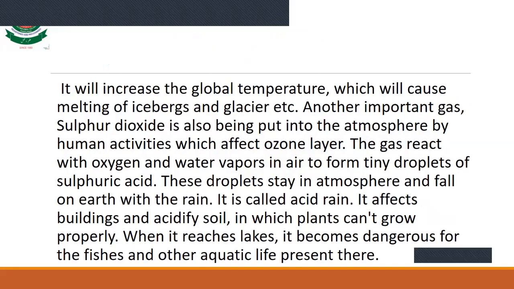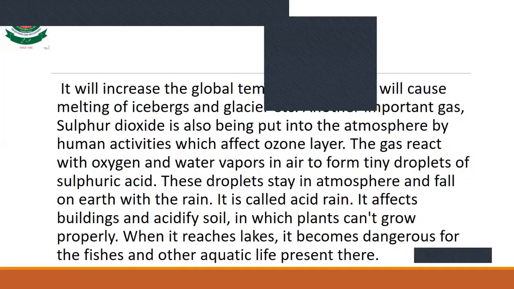Another important gas, sulfur dioxide, is also being put into the atmosphere by human activities, which affects the ozone layer. The gas reacts with oxygen and water vapors in the air to form tiny droplets of sulfuric acid. It is called acid rain, as if there is an increase in sulfur,